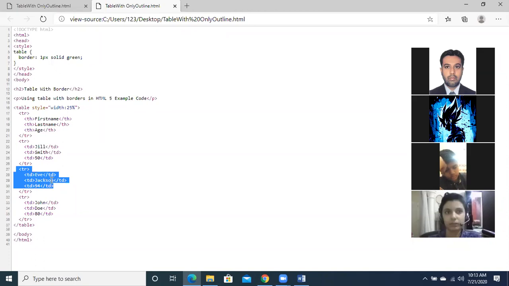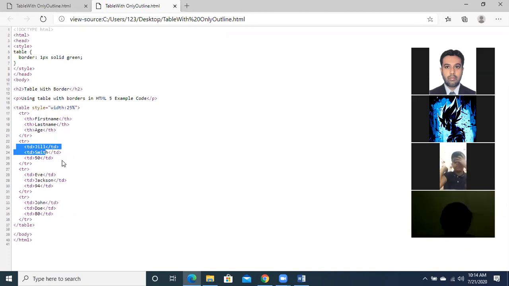F is the first name, Jackson is the last name and 94 is his age. In the very first row we are giving headings, so we have mentioned table header, and it will come in bold text. But in the next rows we are giving table data, so it will come in normal text. I hope you are able to understand what we are doing. We are taking 25% of the width of the page where our table will be.